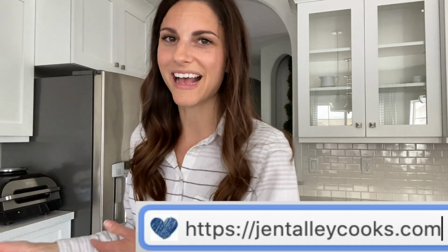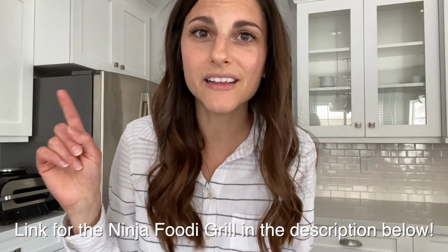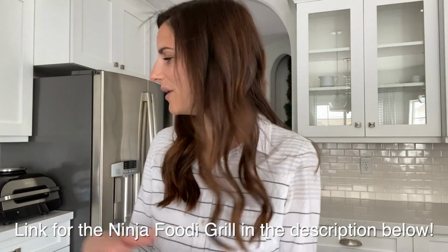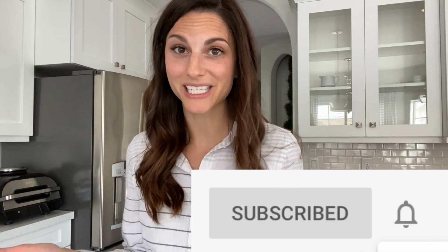And as always, we are making them on my Ninja Foodi Grill. It can also be used as an indoor grill, an air fryer. You can use it with a bake feature as well. So, kind of a cool little appliance. In fact, it stays on my counter. I don't keep a lot of appliances on my counter, but this is one that stays on my counter because I use it almost every single day. So let's go ahead and get started, and I'll show you how to make delicious, really crispy French fries at